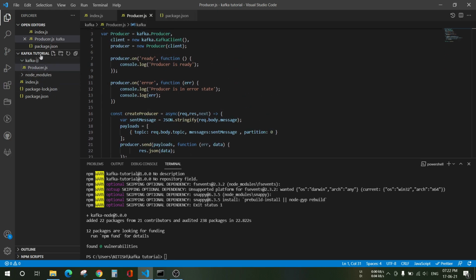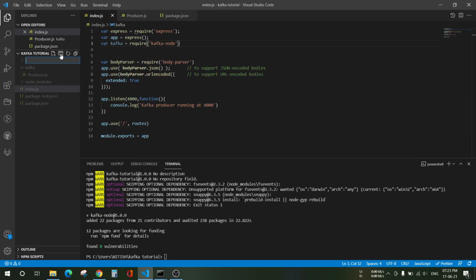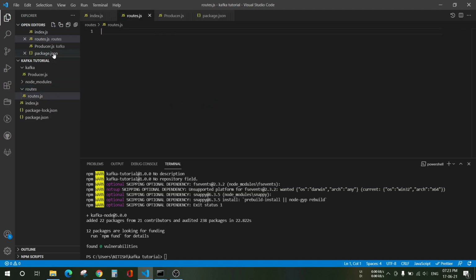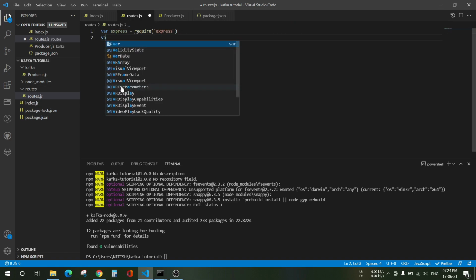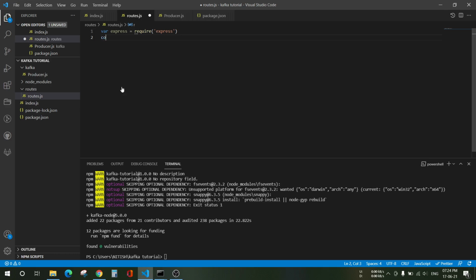Now let's create a routes folder, and inside that let's create one file, routes.js. Okay, now let's use Express, and router equals to express.Router.